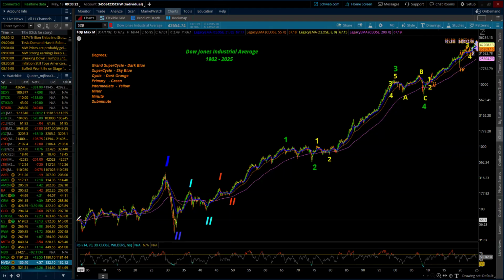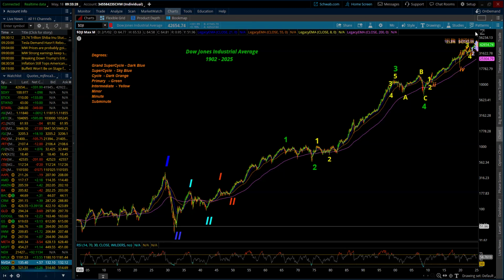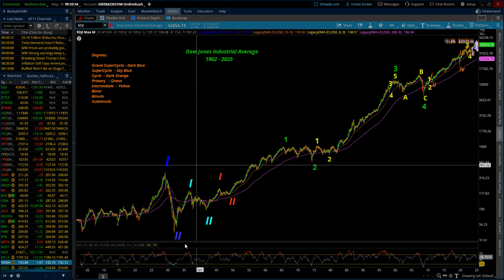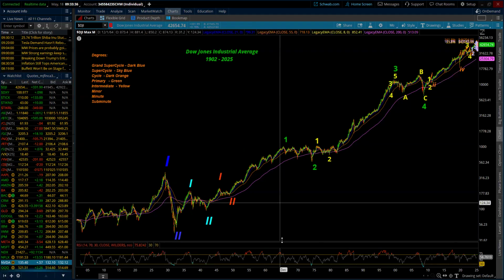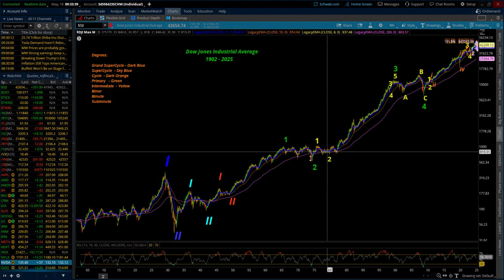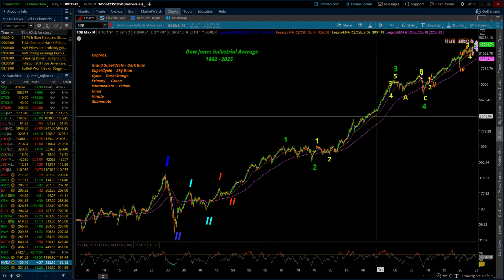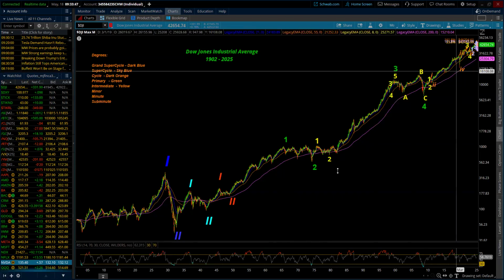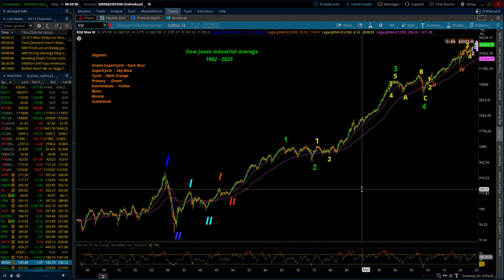That data goes back to 1902. So basically, we have the advantage of seeing 123 years of rally, which included a lot of nasty declines, a depression, severe recession. We had a great financial collapse. We had a pandemic, all kinds of things still within this larger multi-decade, likely to be more than a century, which it is, of a grand supercycle third wave.